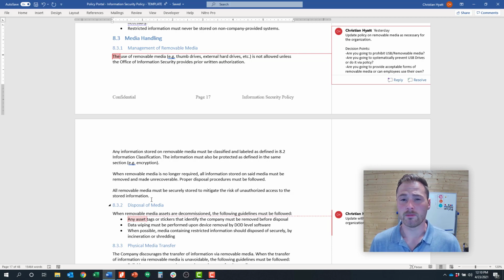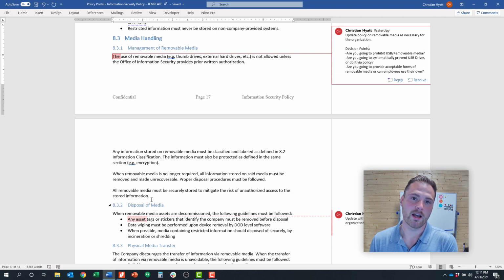So I mentioned on the onset, one of the biggest decision points is how you want to handle removable media. So some of the common questions that impact most organizations are, are you going to prevent USB devices? Like, for example, if someone has a thumb drive and they want to transfer files, are you going to technically, on the laptop, prevent them from being able to do that? Or are you going to specify that they can do that, but within certain limitations? You might even decide that you want to give them USB devices that have to be company issued to be able to transfer media. And you also want to think about that in terms of if someone's using something like Dropbox or Google Drive or some kind of cloud media storage, that they are using media, and even though it's not removable media, they're transferring that media outside the organization.